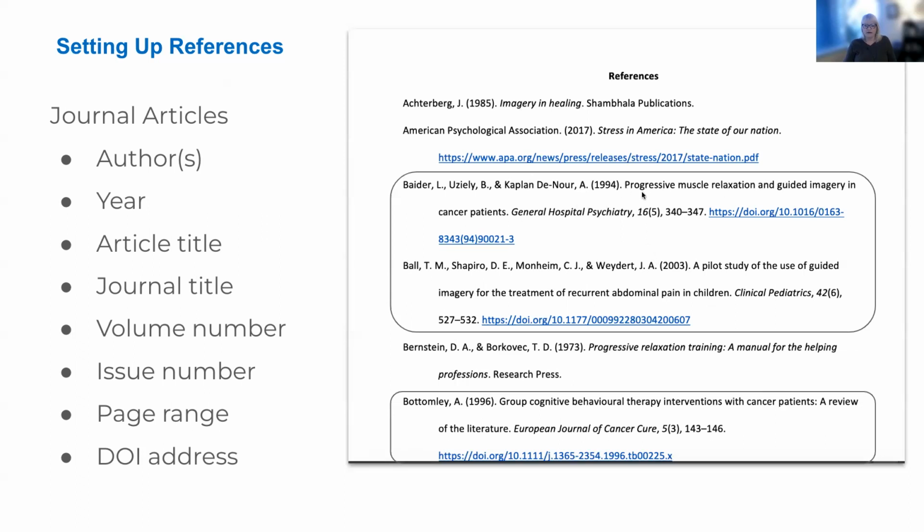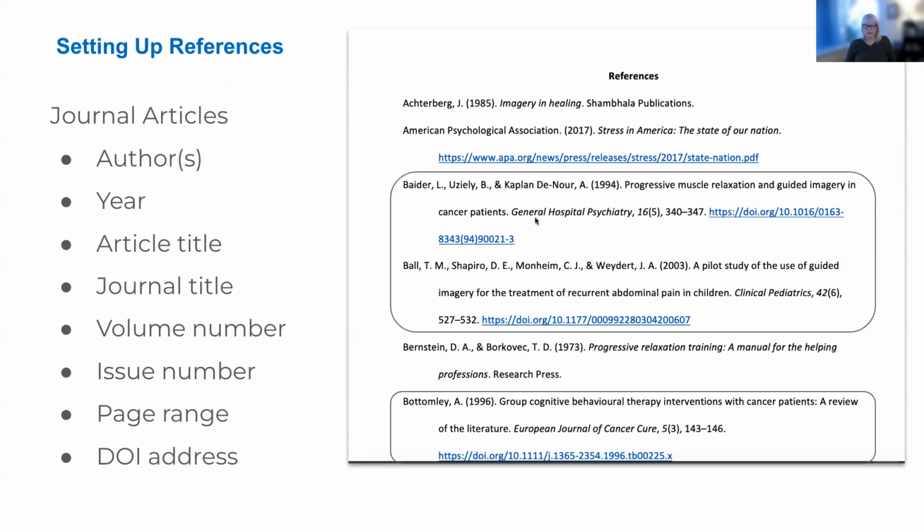So the title for articles is often a capitalization challenge because you have to put those in lowercase, except for the first word of the title, the first word of the subtitle, and proper nouns.